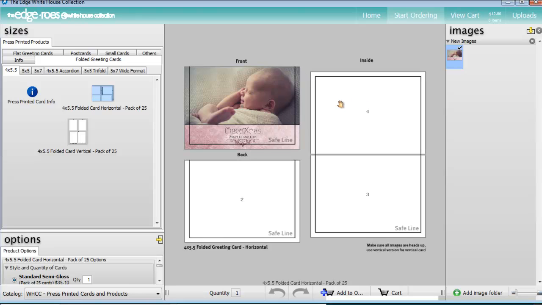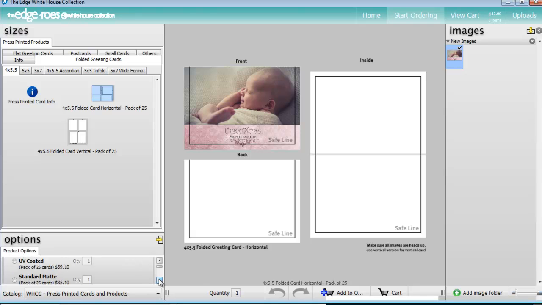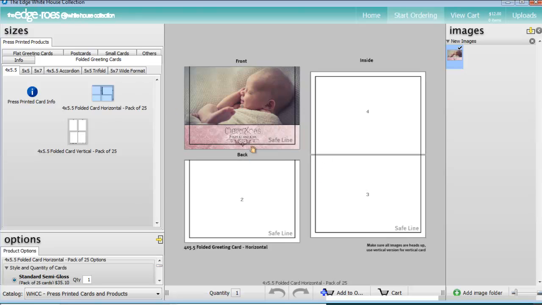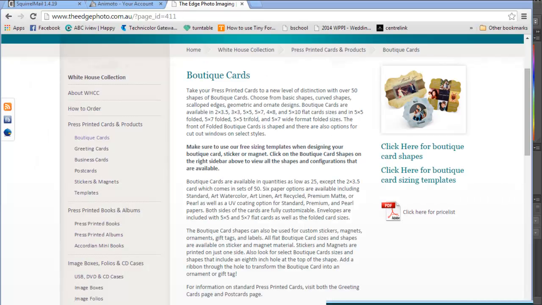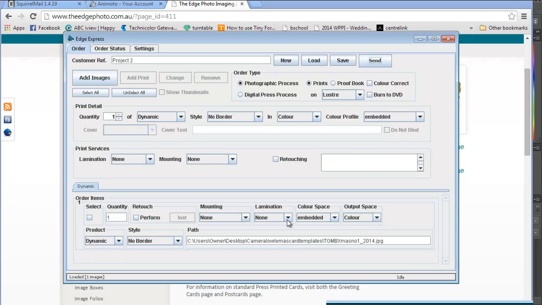So once we've done all this and got it how we want it, we've also got options down here for envelopes and all sorts of gloss coatings and all sorts of things as well, so you can go through and have a look at those. The one thing I like about the White House collection is you can actually physically see here what it's going to look like before you say yes, send it. With the online one here that we were using before, if I can find it here, there we go. It actually doesn't show you what you're doing, but you've already worked it out in Photoshop,